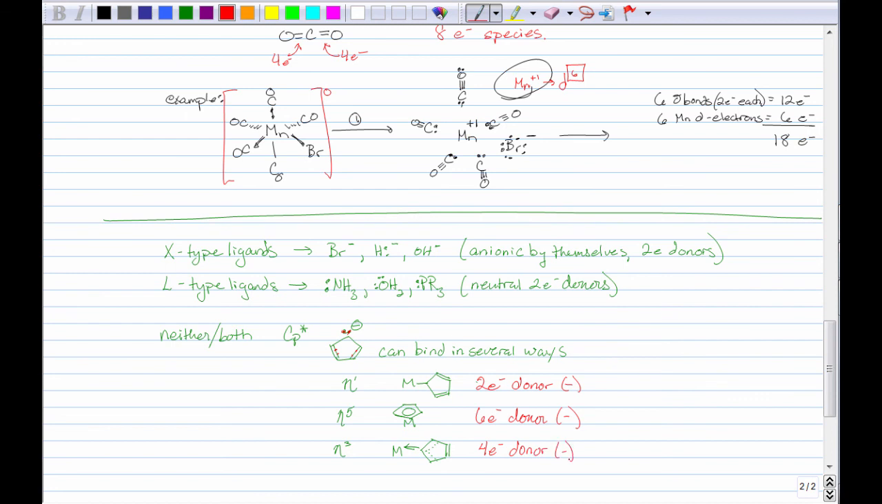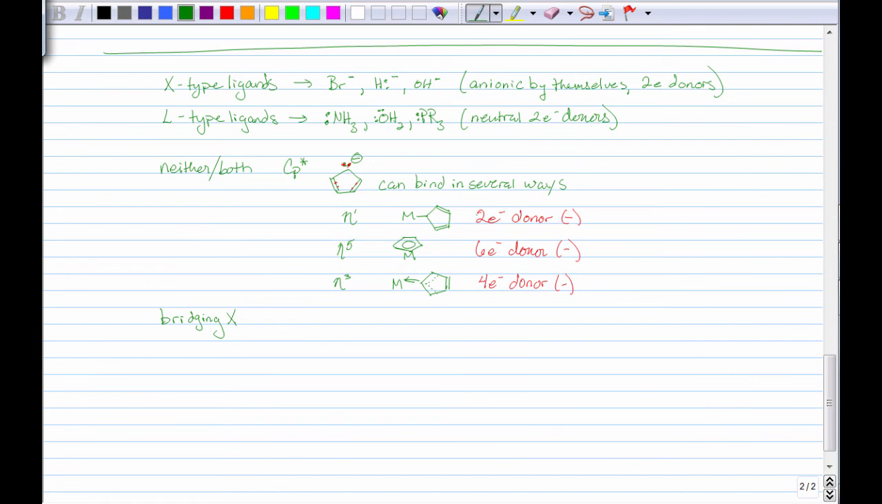And then you can also have bridging ligands. And in the case of a bridging X ligand, so you have, again, X is the anionic 2 electron donors. So something like a Br- or a Cl- can act as a bridging ligand between 2 metal ions. When it does that, it counts as a regular X ligand, so with a negative charge and a 2 electron donor for one of the metals, and it counts as an L ligand, or a neutral 2 electron donor for